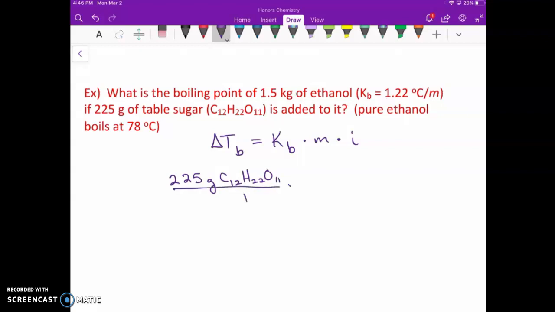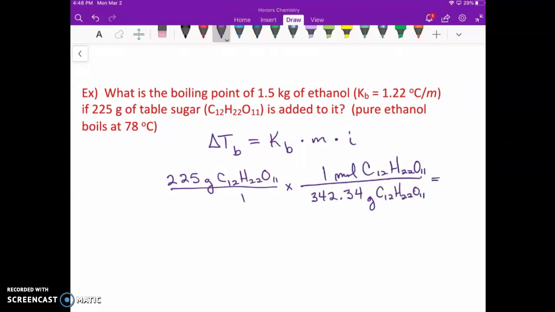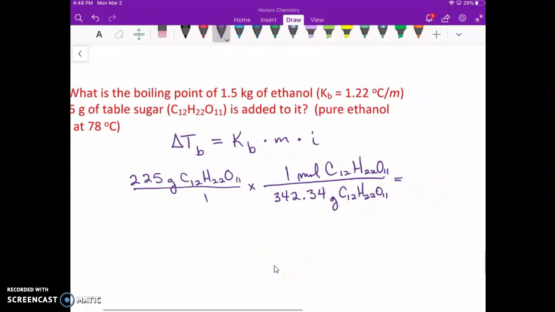How many moles is that? Because that's my solute. Okay, and I went to the periodic table and I added up all 12 carbons, 22 hydrogens, 11 oxygens. I got 342.34 for my molar mass, and that gives me a number of moles of 0.6572